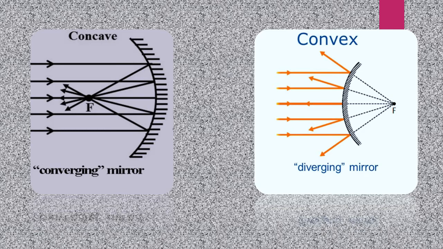But when a parallel beam of light falls on a convex mirror, it diverges the light rays, or the light rays appear to be diverging from a common point. Hence, convex mirrors are called diverging mirrors. You can see there what type of image is formed in a convex mirror. Yes, it's a virtual image. We'll study about that. So concave mirrors are converging mirrors and convex mirrors are diverging mirrors. Both the plane mirrors and the curved mirrors obey the laws of reflection.